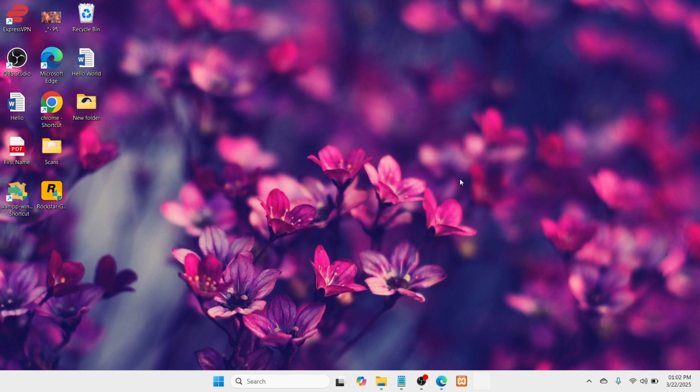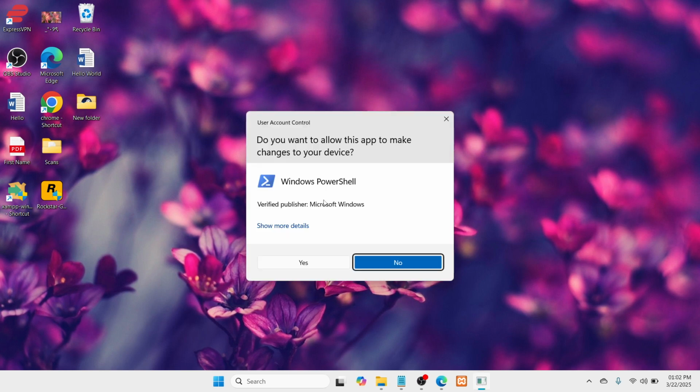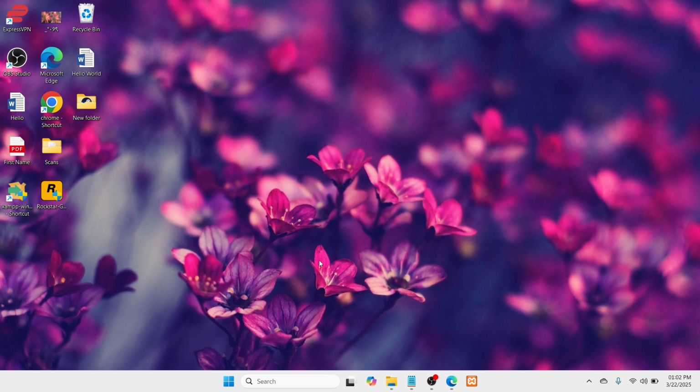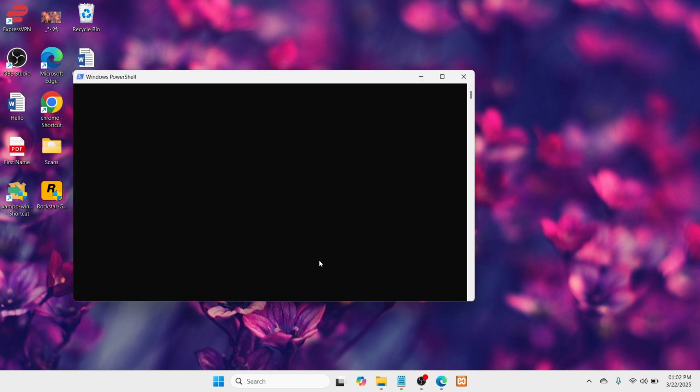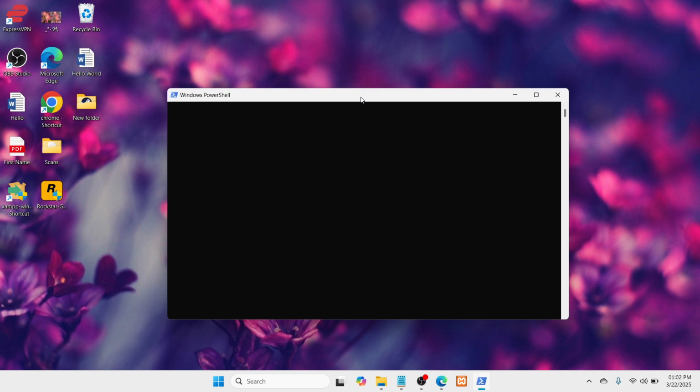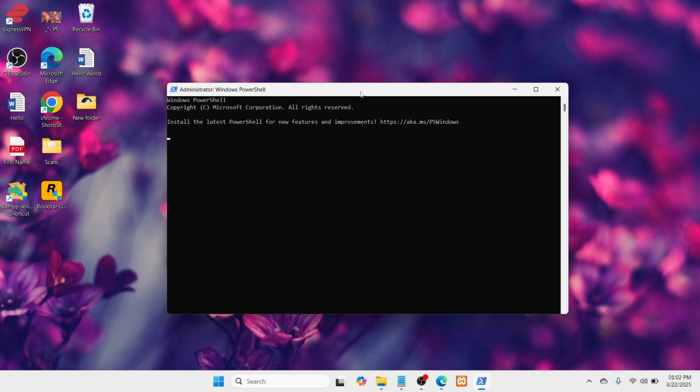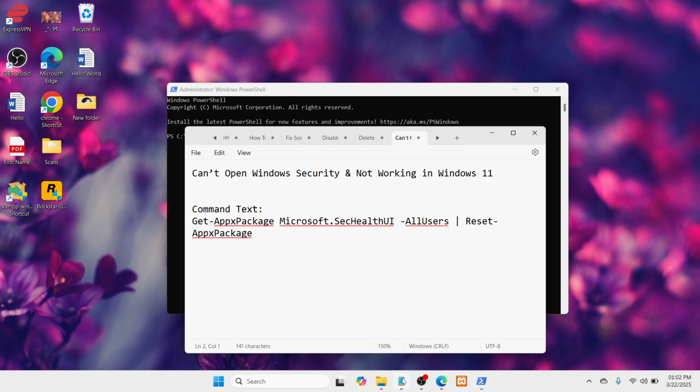And the moment you click on it, your User Account Control will prompt you, so proceed with Yes so that you would be able to open this window. Okay. So here you need to type or paste a command which I'll be including in the description box below. So simply copy it there, which is